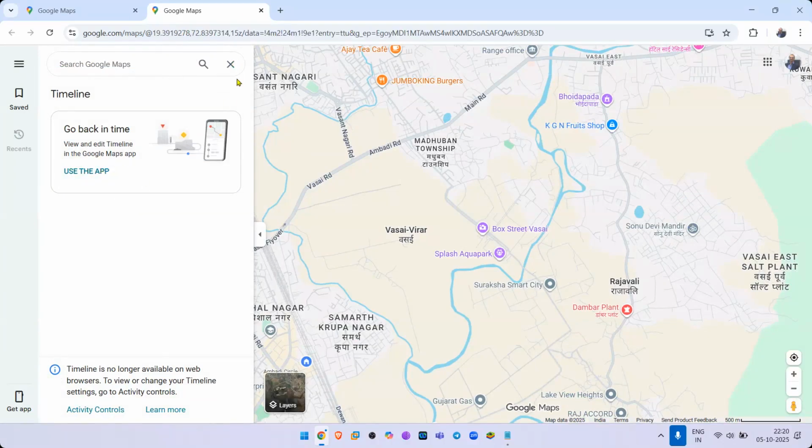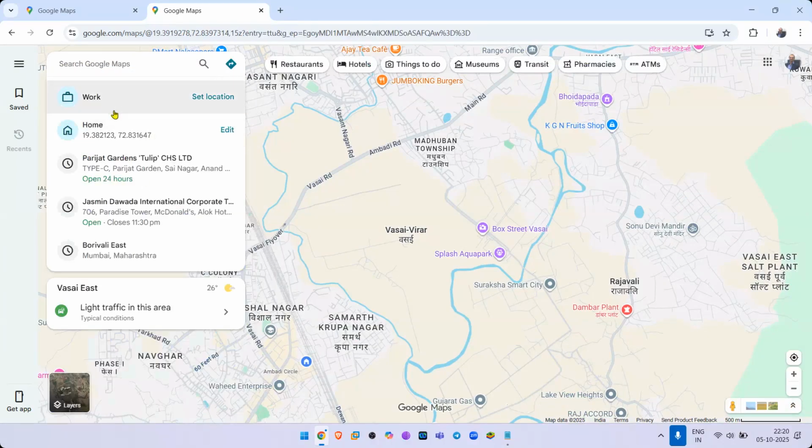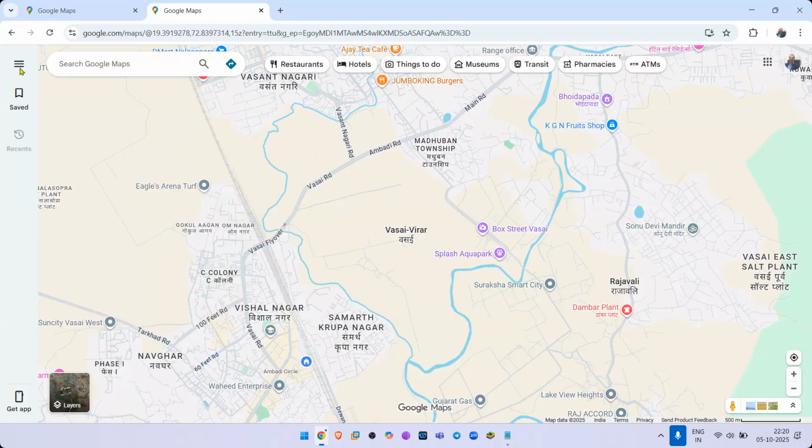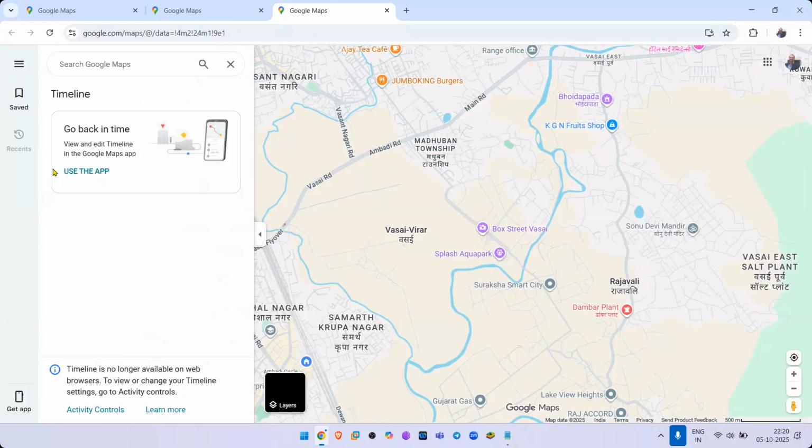So here in the timeline, you will be able to see where I went. Let's say that I'm tracing my employees. My employees are telling me, sir, I am with the client. But I can see that you are in the cinema hall watching a movie. How do you travel? Did you go walking? Did you go by train? Did you take a bus? Did you take a flight? Or are you taking a two-wheeler? It shows me all the information. What are the places that you visited? What have you done at those places? How long were you there in each place? I can see the complete details.